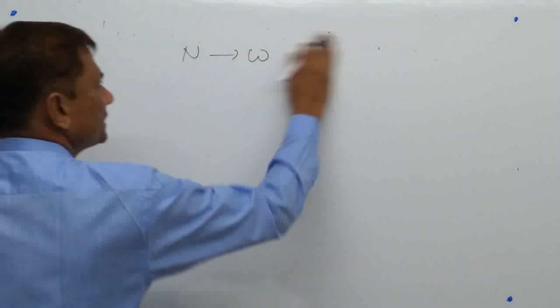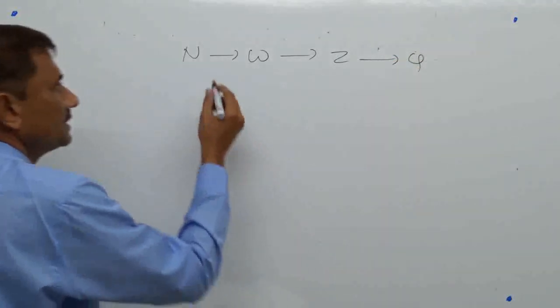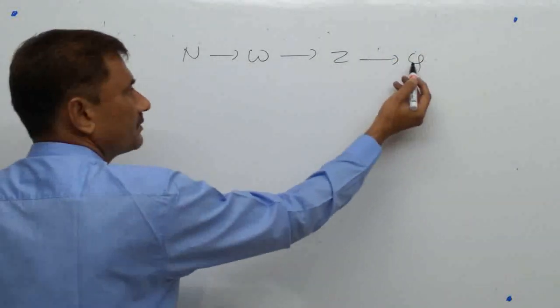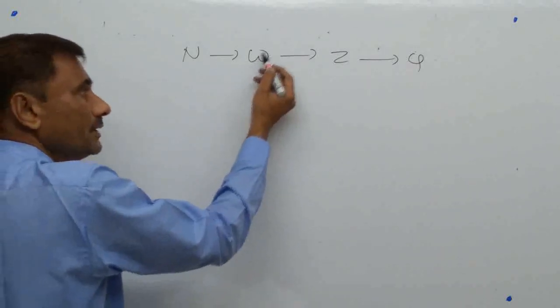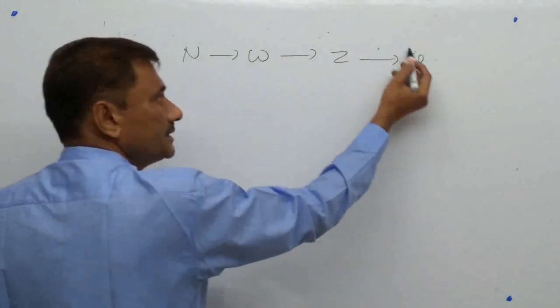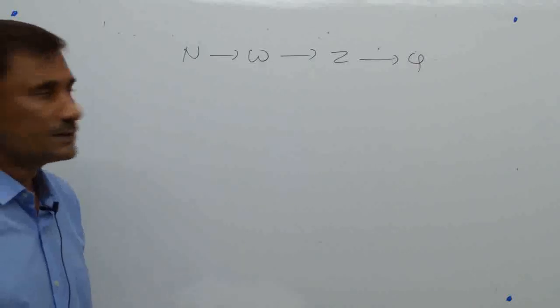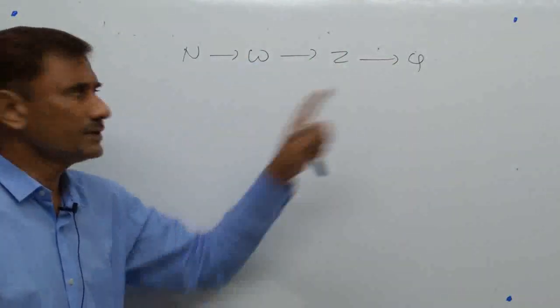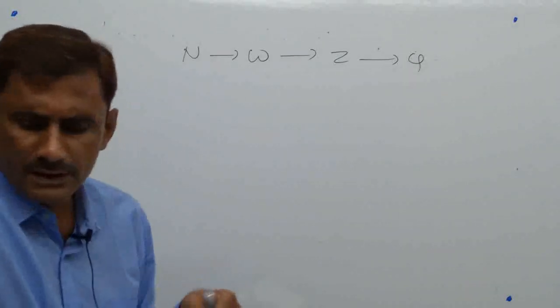Natural number means positive number, whole number, integers and rational number. So every natural number is a rational number, but every rational number is not a natural number. Every whole number is a rational number, but every rational number is not a whole number. Every integer is a rational number, but every rational number is not an integer. So you can compare any two sets, not every time Q only. Okay, so that is simple only.